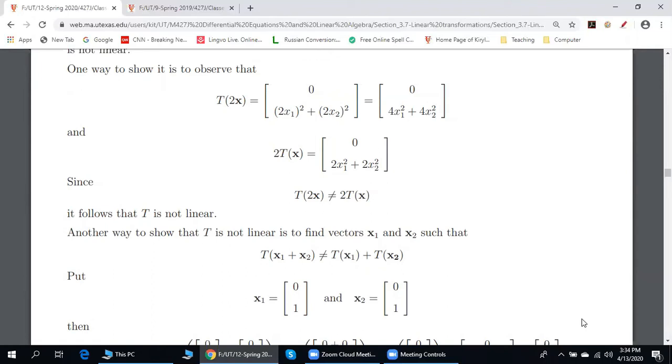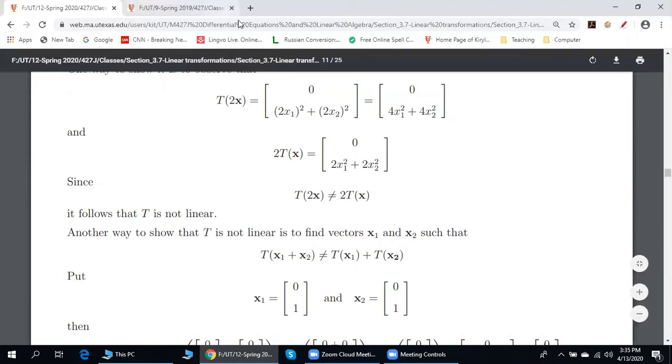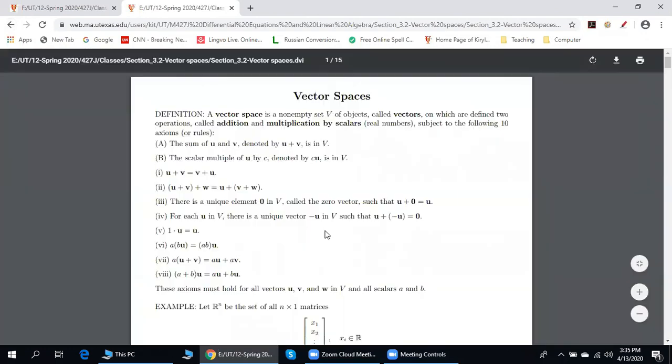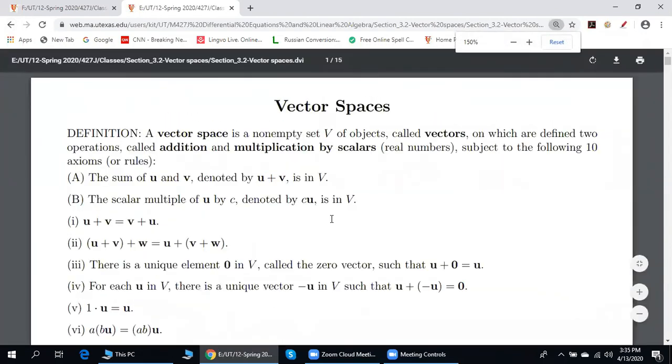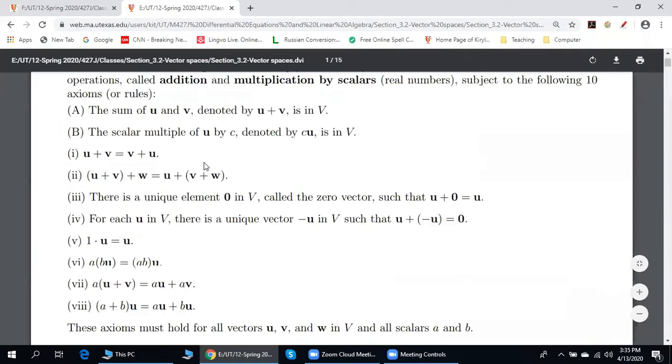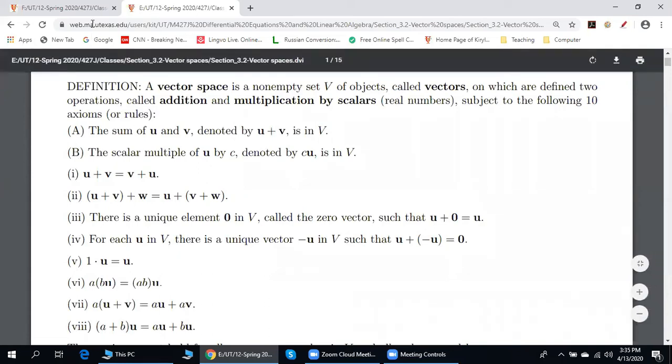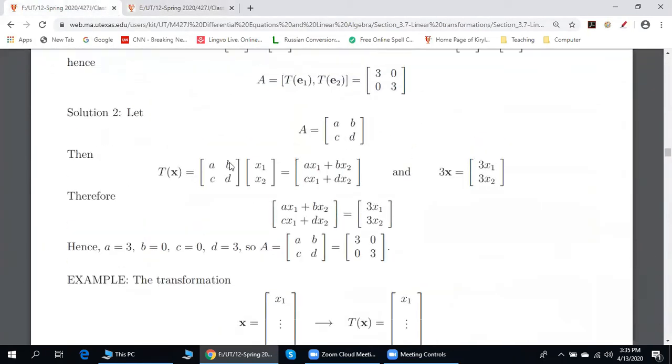The rules for proving linearity are very similar to proving a vector space. Talking about vector space is a more complicated thing. In order to show that it's a vector space, we have to check 10 properties, unless we see that our set coincides with the set of all possible linear combinations. You see it? Linearity means